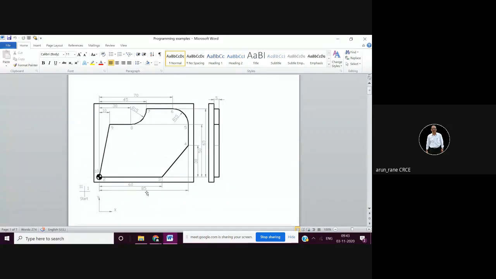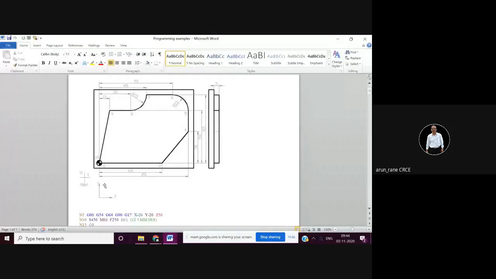See, this is 85, this is 60, so this distance is 30. If this distance is roughly 30 mm, then the best is to use a 30 dia cutter. Suppose you use a 20 dia cutter and mill like this, then some material will be left out here. You have to also program to remove this material, and that's additional work. So it is better to use a diameter 30 cutter, and then you prepare a table.